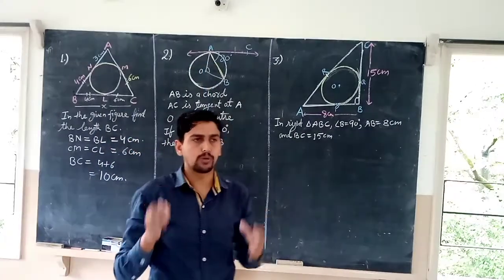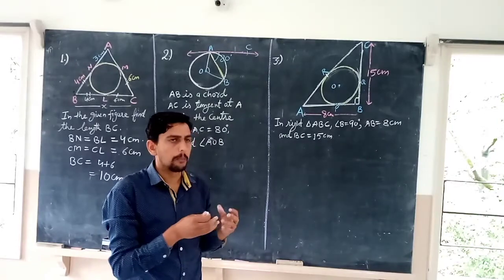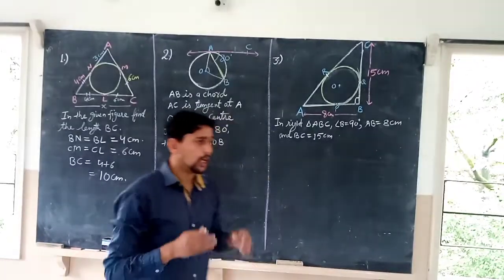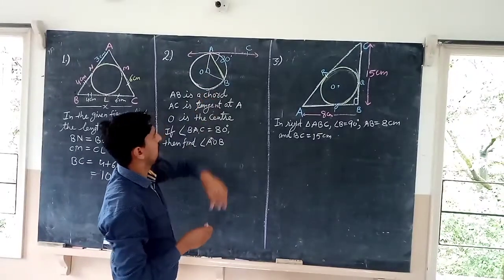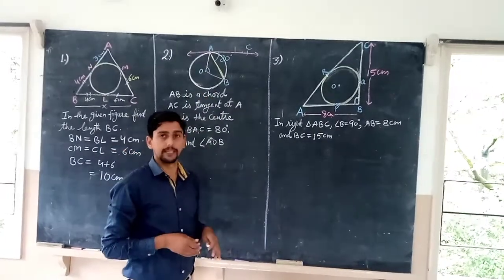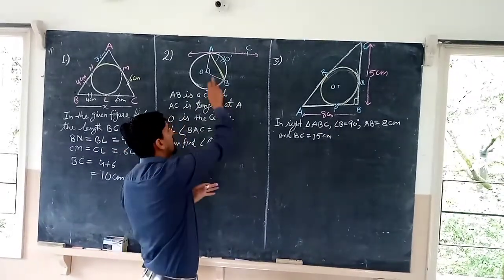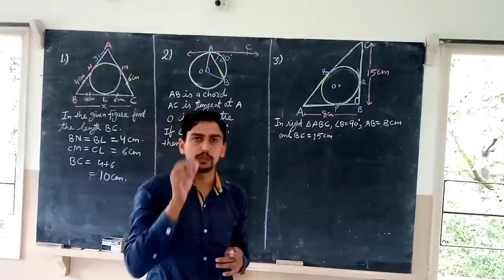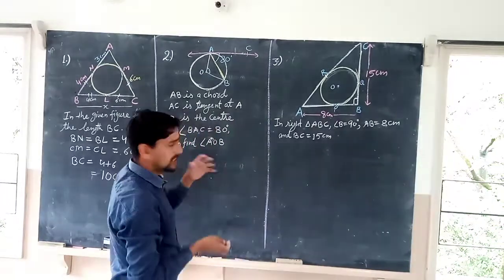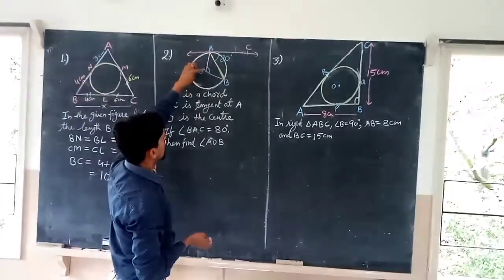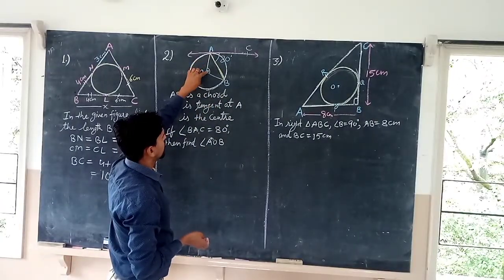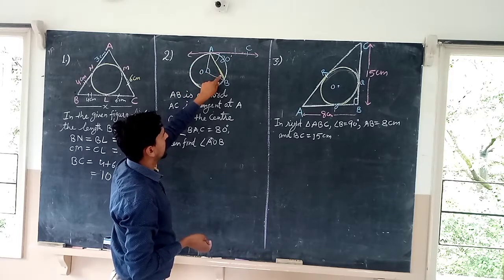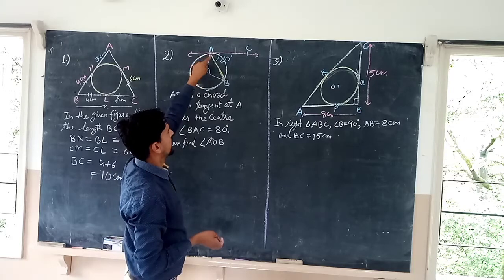To find this angle, you have to try to solve it using reverse solving. You know what reverse solving is? You have to think that if you want to find angle A or B, what necessary information should you know. So to find A or B, you should know angle BAO, and you should know angle OAB.